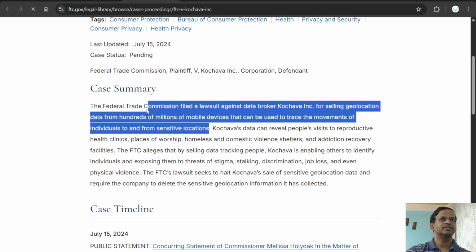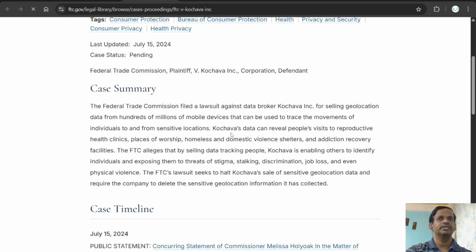Those sensitive location data are shared and sold by this data broker company. Kochava's data can reveal people's visits to reproductive health clinics, places of worship, homeless and domestic violence shelters, addiction